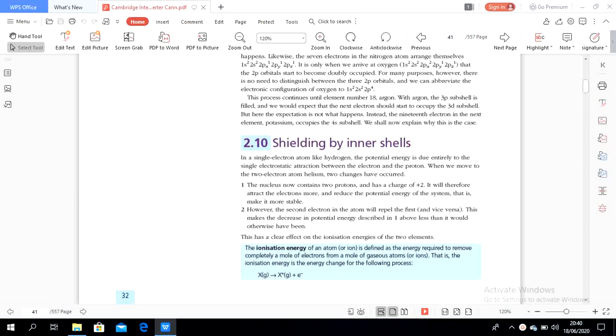Comparing hydrogen and helium, hydrogen contains one electron and one proton, while helium contains two protons and two electrons. So helium has a greater nuclear charge than hydrogen. Why is it like that? Because of the attraction between the protons and the electrons. The more electrons in the first shell will create more nuclear charge than a smaller number of electrons.